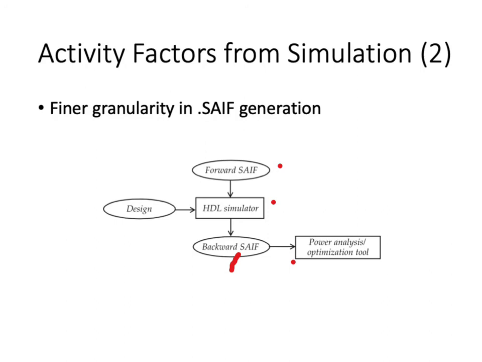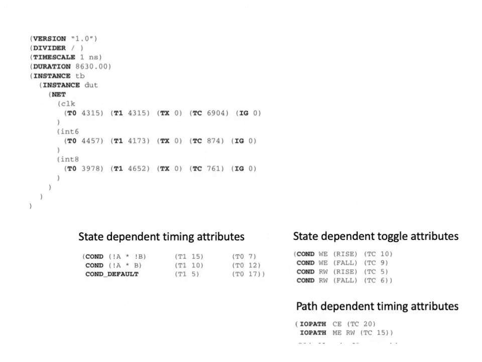And the purpose of the forward SAIF files is to specify specific state-dependent conditions, that is specific paths for which you would like to obtain toggle statistics and switching probability numbers. So for instance, if you were to just take the HDL simulator without any forward SAIF constraints,